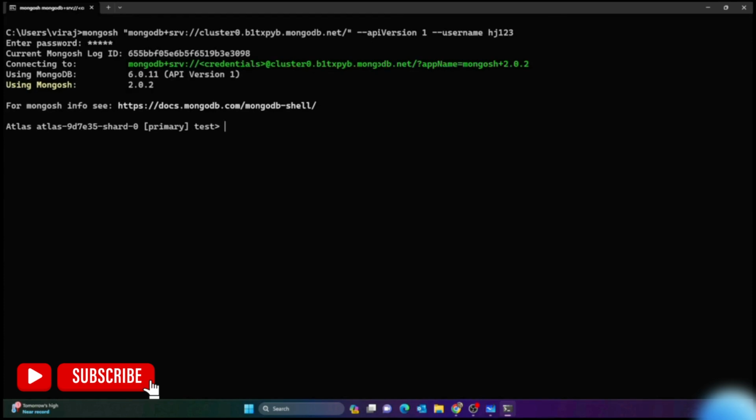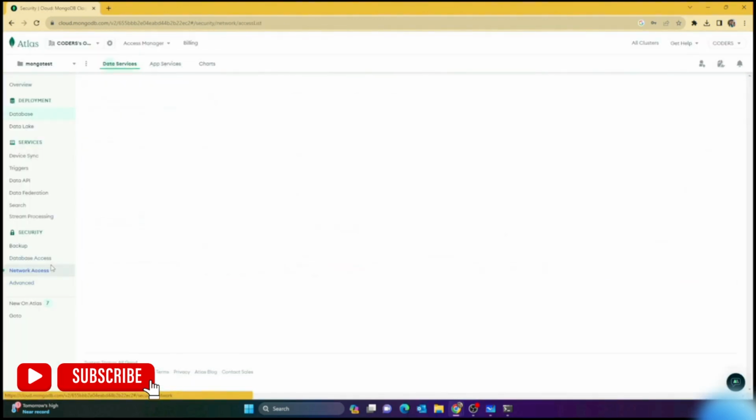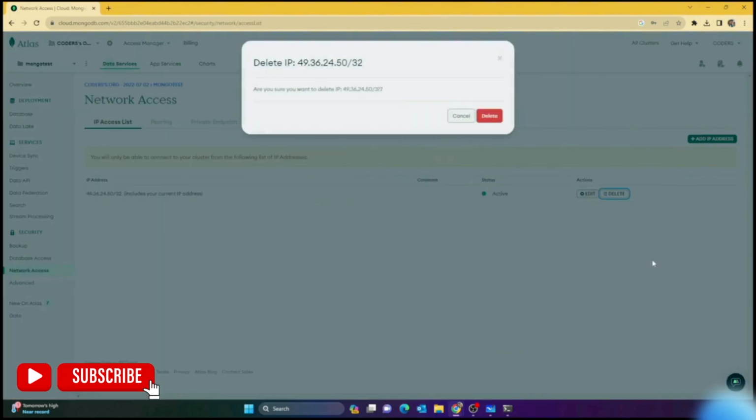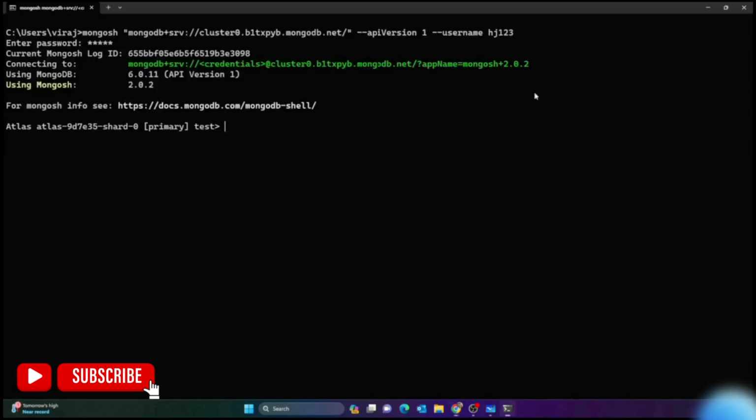Now I'll do one thing. I would remove the access for the specific IP and let's see what actually happens. If I delete this, that means I'm not allowing this specific laptop connected to my database to access the database. Right now I'm inside this database, right? So I'll just say show